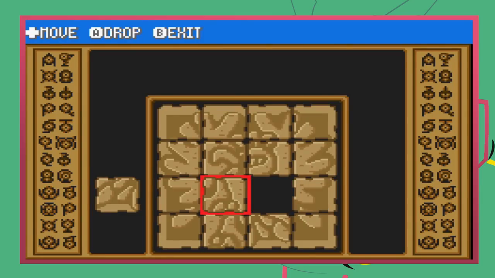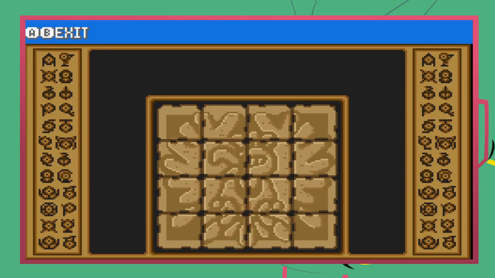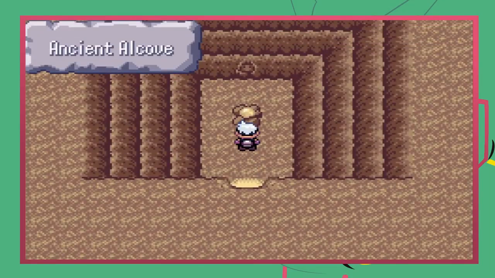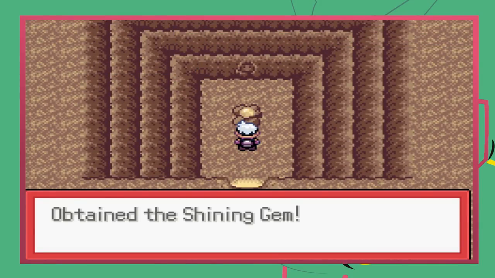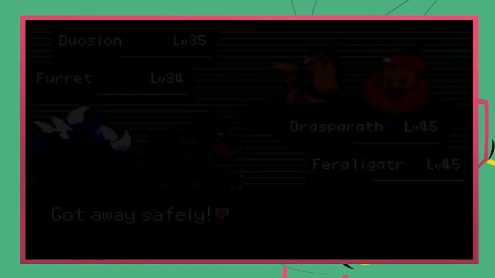Before facing the 6th gym, we can actually obtain the Shining Gem. This doubles our chances of finding a shiny, making our odds 1 in 500. I complete a few puzzles and we receive our reward. It immediately starts working as well, as I attempt to find a new shiny to the right of Fortree City,